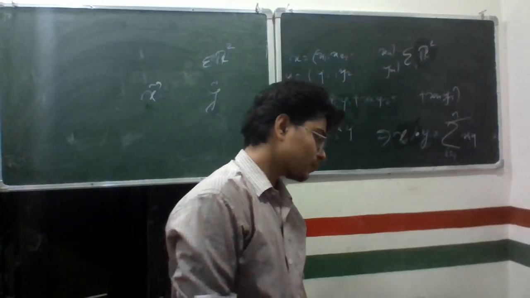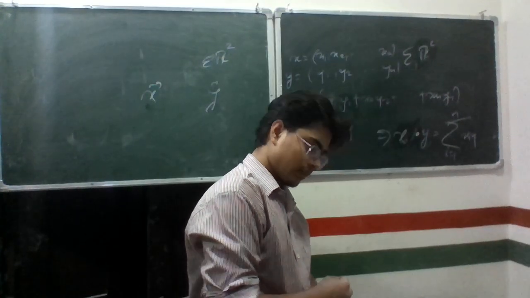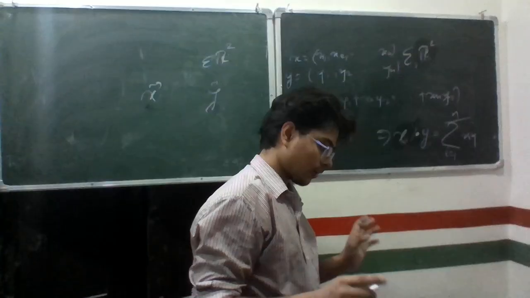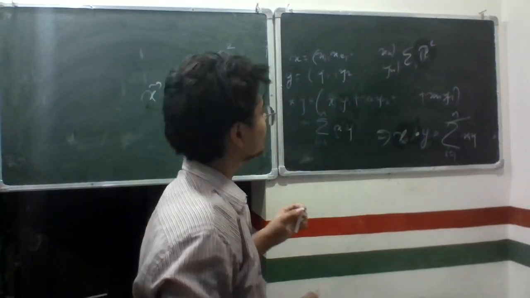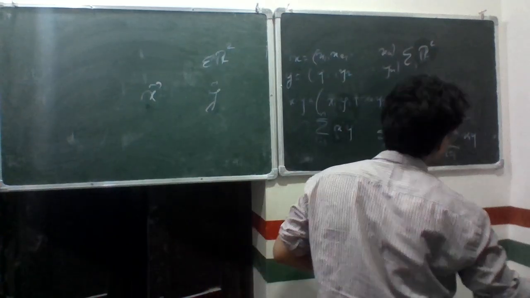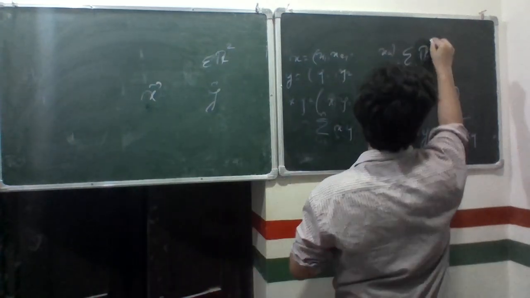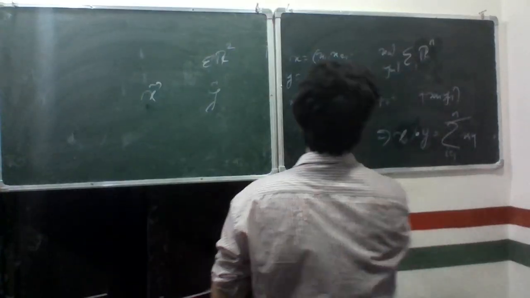Now the answer to that is, wait a second, okay, let me think about it. Actually it is not a very good example to show that. Here it is, it belongs to Rn, but